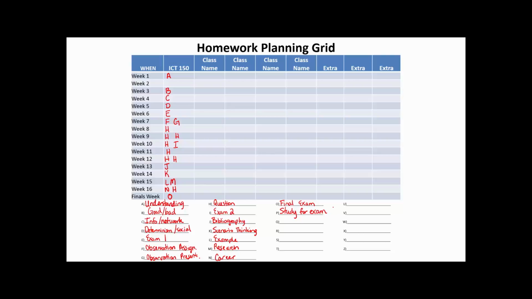If I look at the week that each exam is in, I know I need to put P, study for test, in the previous week. Since the first exam is during week 6, I want to put P in week 5. This will remind me that I need to start studying for the exam early instead of waiting until the night before the exam. I could continue this kind of breakdown of tasks for the class by looking at the major